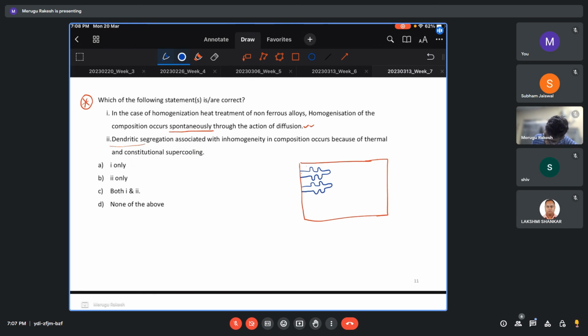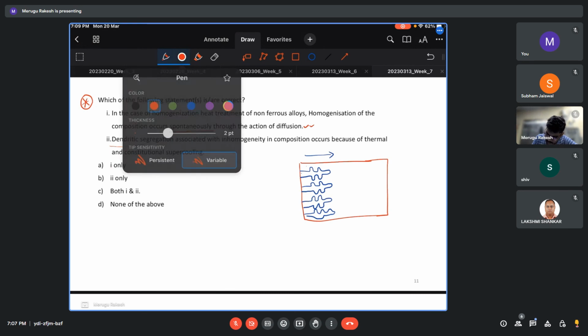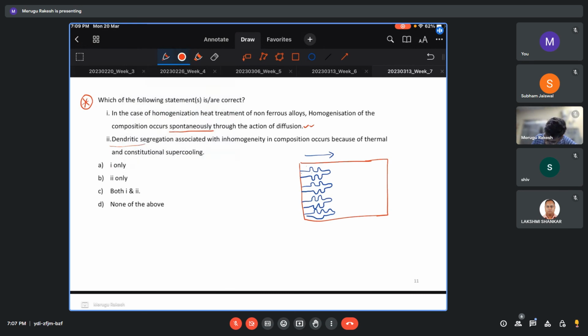Okay, so now solidification is happening in this way, and gradually these things will increase in size, and finally they solidify. So basically, what is happening at this time is this is the primary phase. We generally denote it with alpha, and it will reject the solute into the solution, solute rejection into this region